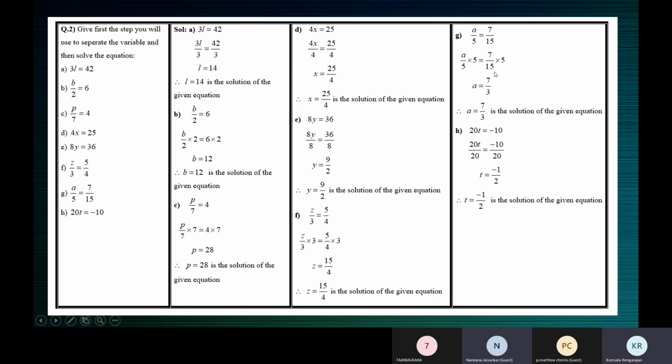No, you should not multiply first. You can cancel 5 ones are 5, 5 threes are 15. You can take one number from the numerator. Ma'am, we can directly simplify it. Yeah, you can simplify. You don't have to multiply. First simplify and then multiply. So 5 ones are 5, 5 threes are 15. So 7 into 1, 7, and 3 here. So 7 by 3.